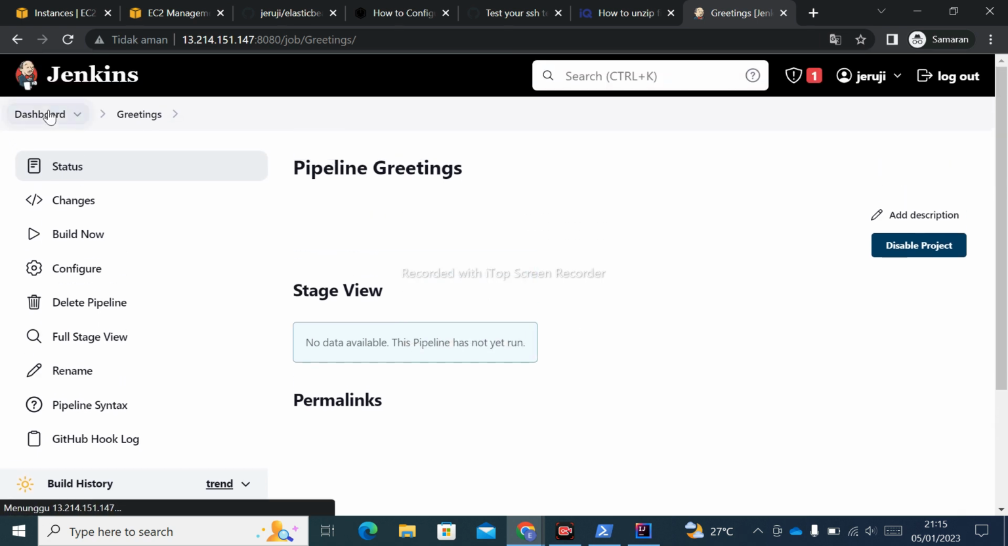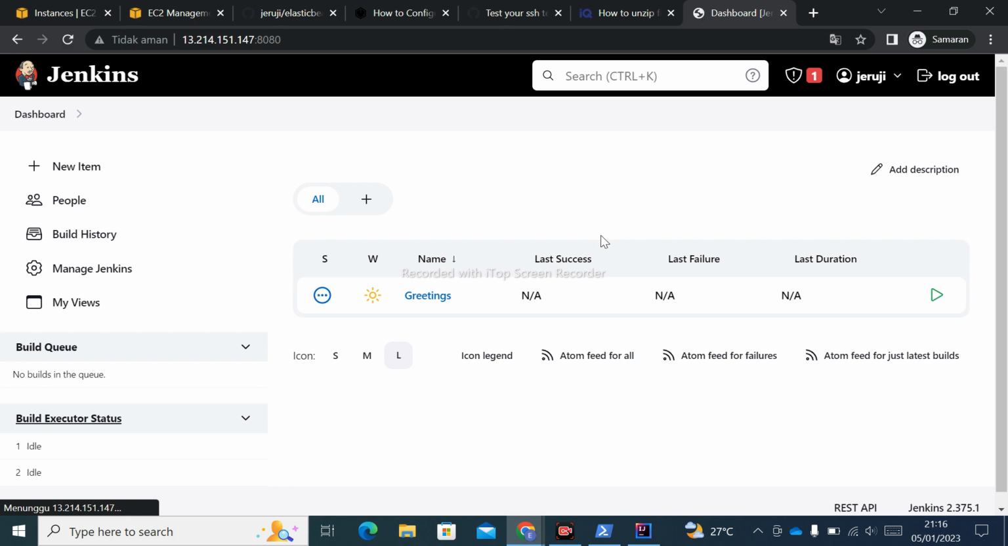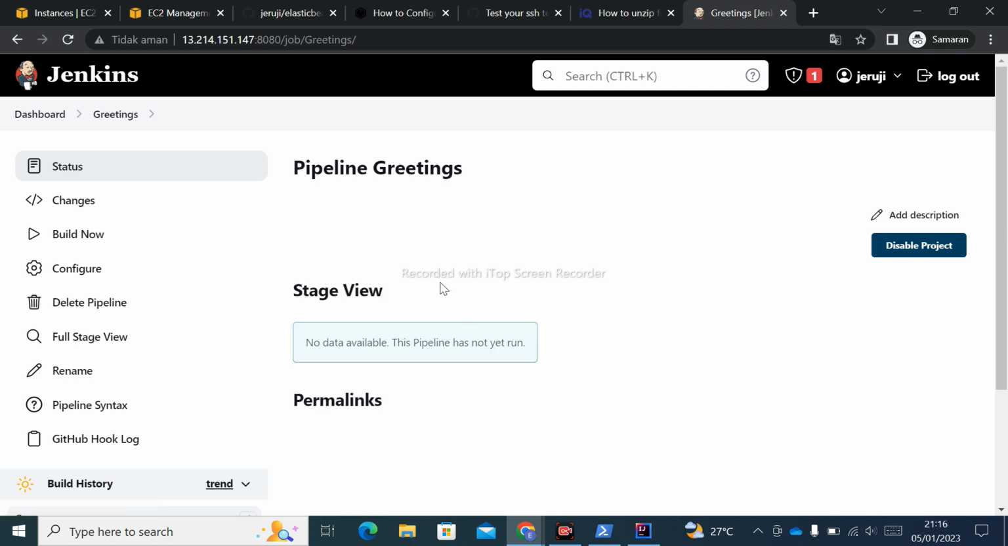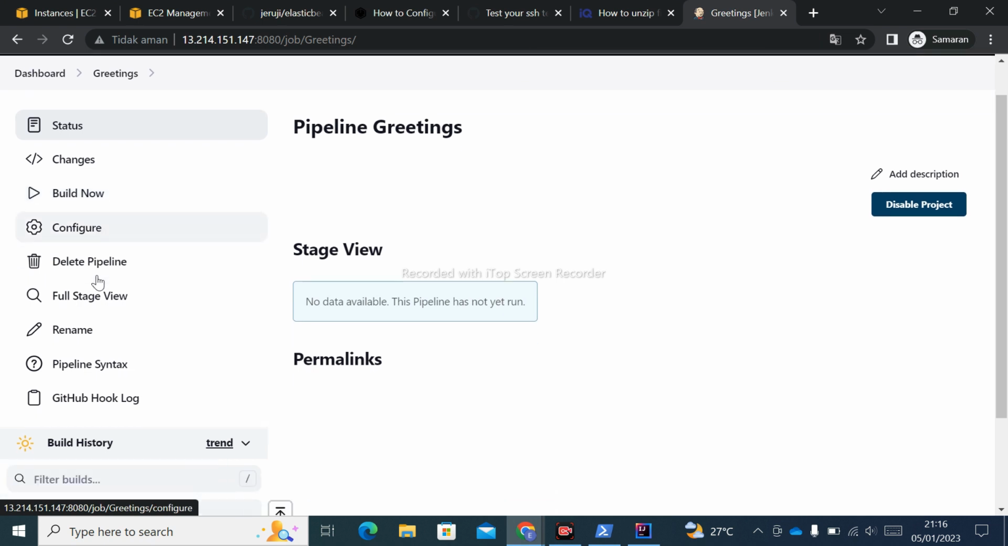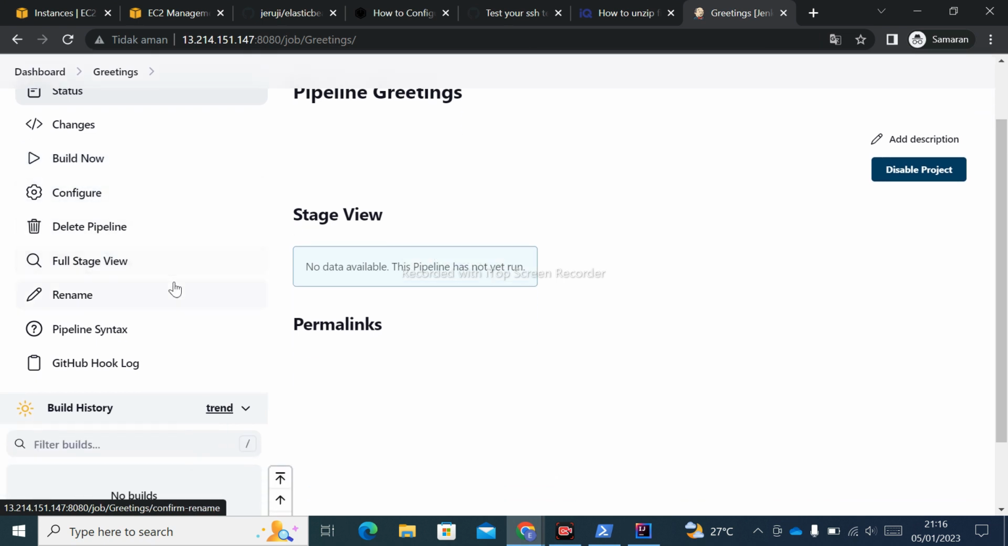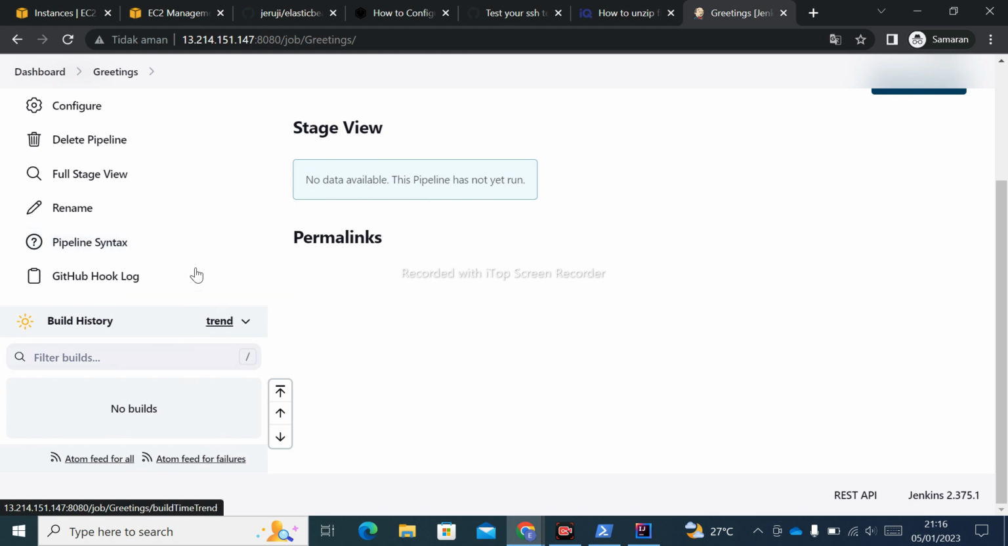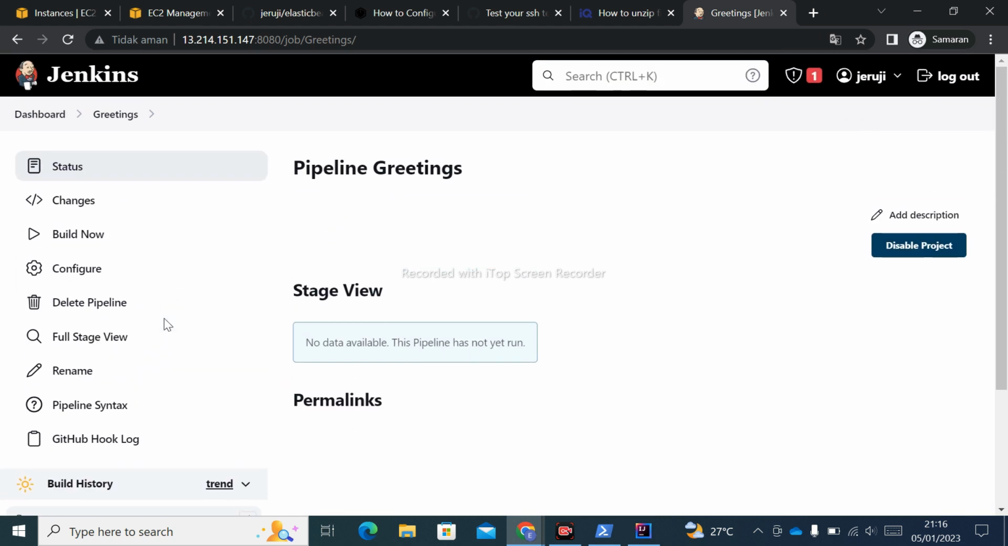Go back to our dashboard, and you see we have one item here. Click on the name, and you can see the status, the changes. You can build it, configure it, delete the pipeline, and so on. Okay,